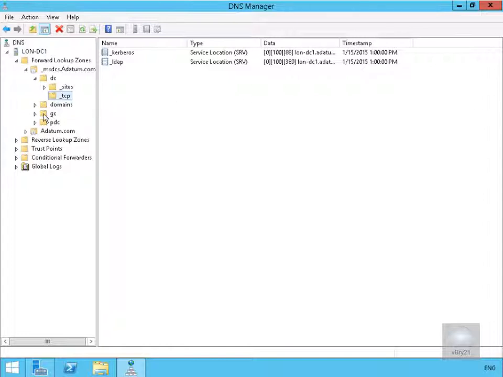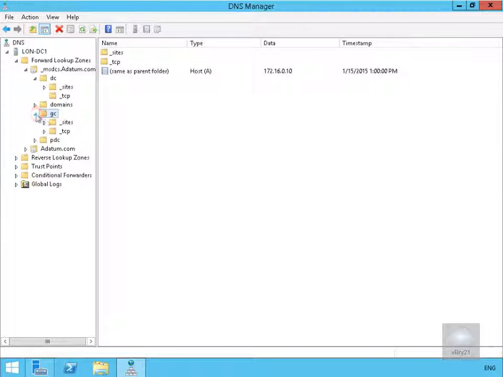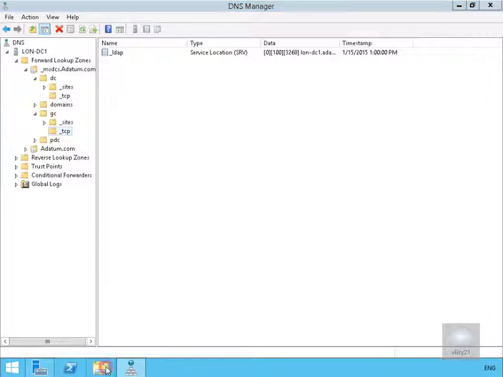If we go for something like global catalog service, expand this up, just go to TCP, what we can see is we're listening on port 3268. If you're wondering where these records come from, they're actually built when the domain controller launches up and the Netlogon service starts. And all of that's handled because what we have, if we just come into Windows Explorer,